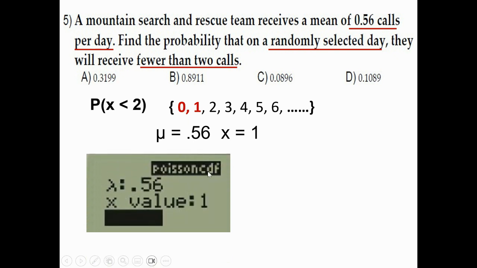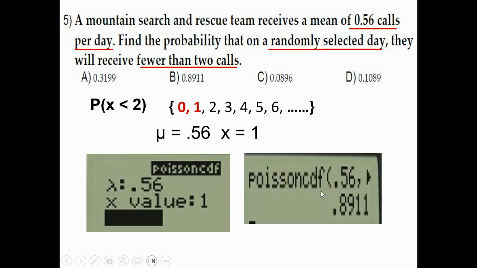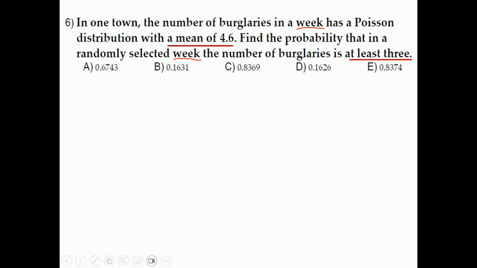So there it is, Poisson CDF. My mu, my lambda, is given to me as 0.56. I want it to stop adding after it gets to 1. All right, 0.8911. And letter B. In a town, the number of burglaries in a week has a Poisson distribution with a